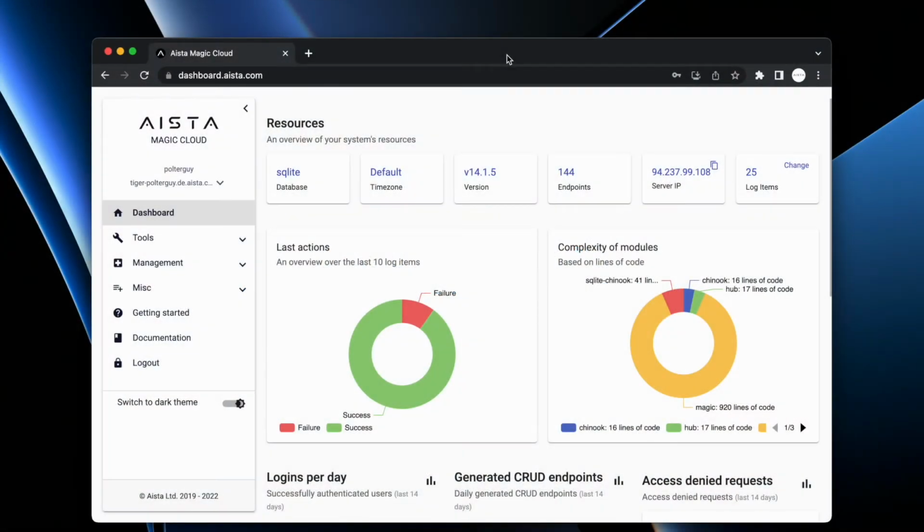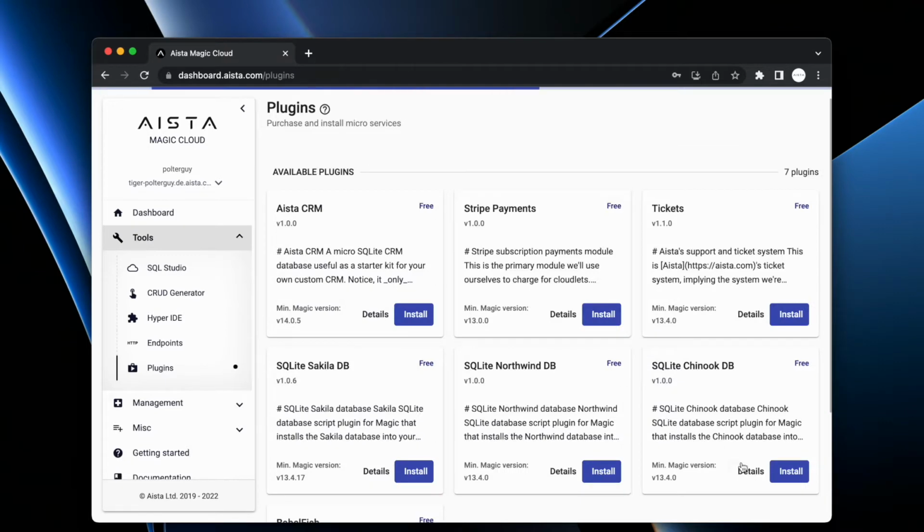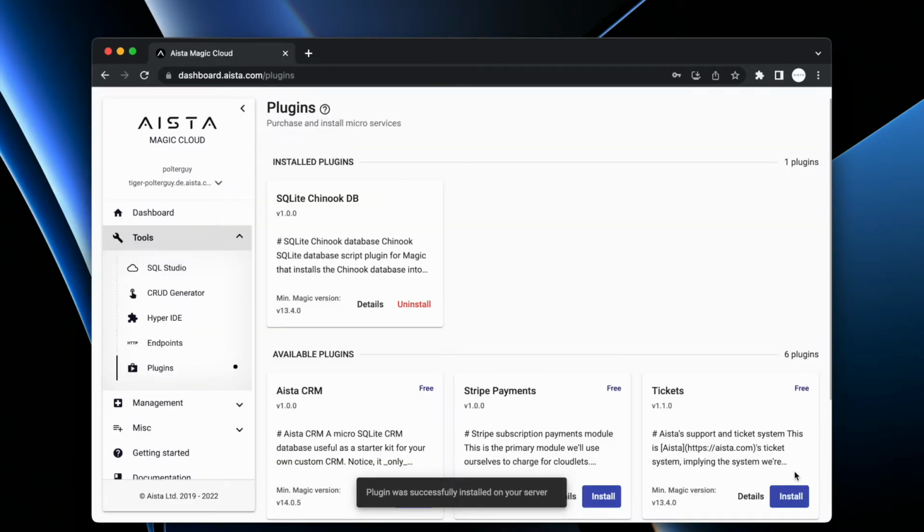So in this video, I'm going to show how to create a web API HTTP endpoint using nothing but SQL. Now, in order to do that, I'm going to need an example database. So I'm going to go to Tools here, and go to Plugins, and I'm going to install Chinook, SQLite Chinook DB. This installs a database for me that is called Chinook, and it also gives me a bunch of example